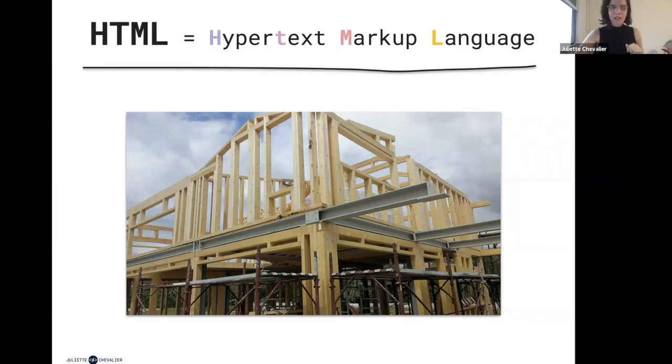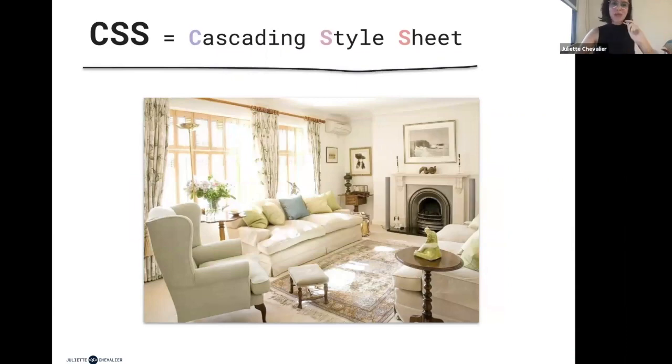Now, even if I have those beautifully well set up walls and columns, I still don't want to live there, right? That doesn't seem like a pleasant place to stay. So whenever you want to add some design to it so that it's pleasant to the eye, that's when we get into CSS. CSS basically means cascading style sheets, because you'll be adding a style sheet to those walls so you can decorate your house so that it's as cozy and as pleasant as your users want it to be.